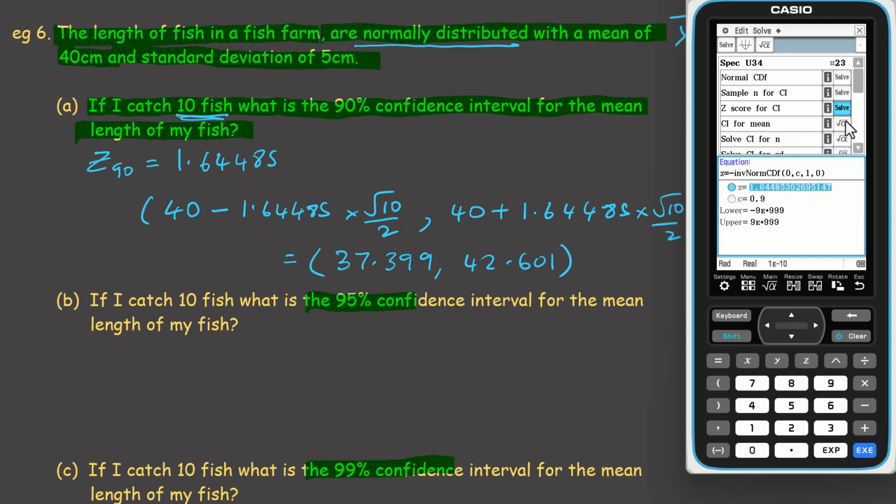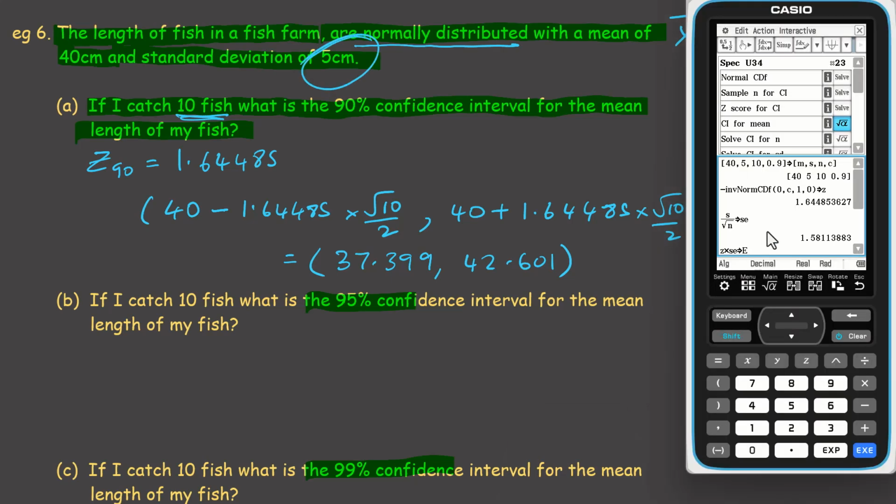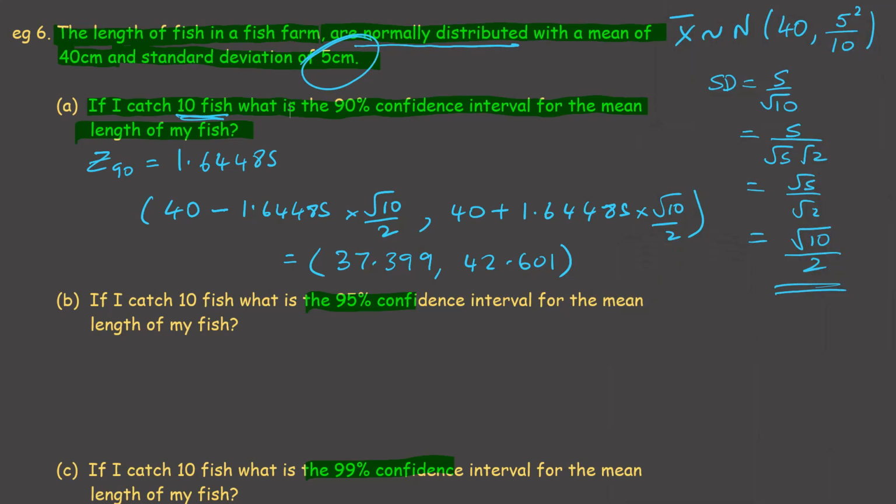Now we can do that using an e-activity. There's one here called confidence interval for mean. If we go in there, go up to the top, in actual fact I've got this one in there. Mean is 40, standard deviation is 5. Notice that we just put in this one here. We don't worry about the n with that value because the n comes next. That's a 10, 0.9, and I think I've already run this one once, and there it is down there. Okay, so let's move to the next one,